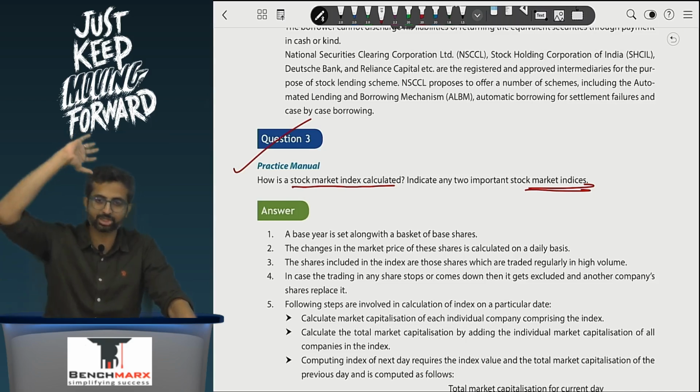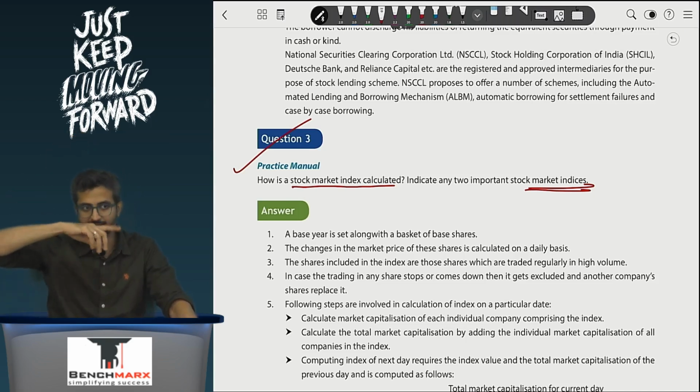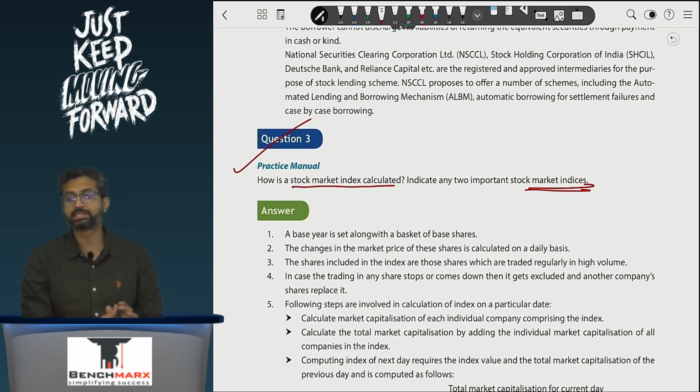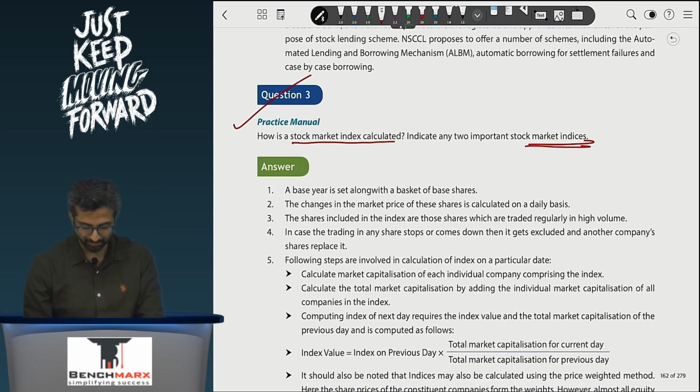Like Sensex is a much older indicator. BSE has been there since the 1800s. NSE came only in the 1990s or 2000. So that is why the base years might be different. In one there are 30 stocks, in the other there are 50 stocks, but the base year is different and hence the prices can possibly be different. So over here you will identify the base year along with the basket of base shares,